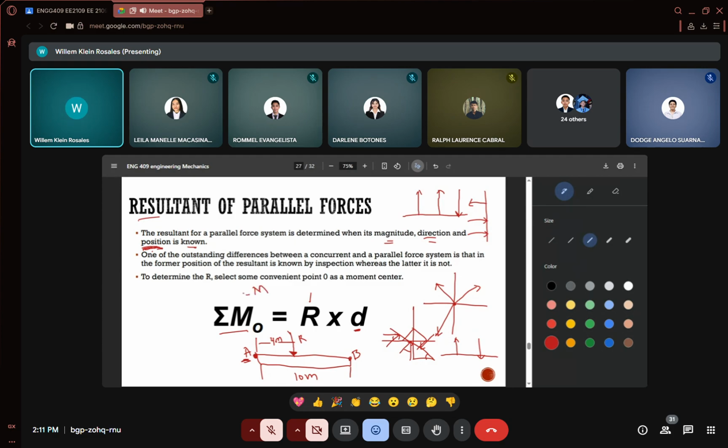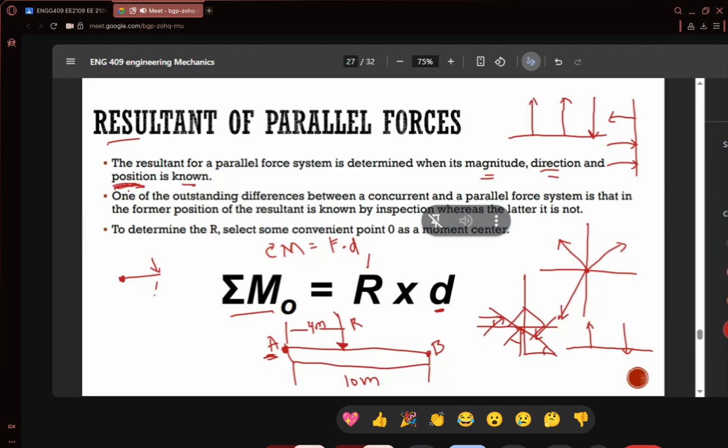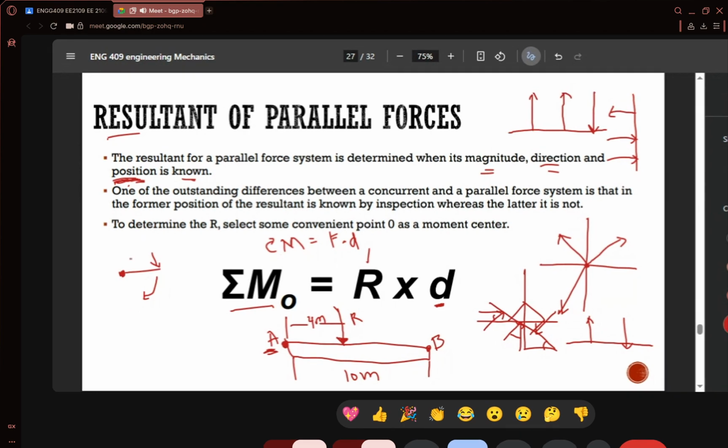Moments, so the formula is force times distance. Okay? Because it is the tendency of what? Tendency to produce spin, like what I've shown you with my arm, right? So this is the tendency to give an object a spin when force is applied. Okay? So that's why there's a force involved and also the distance from the reference point. So that determines the moment. Okay?